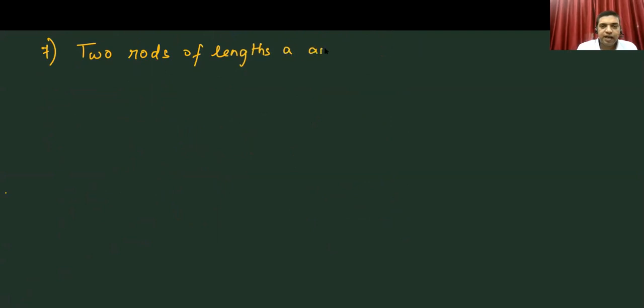So this was sixth. Now, seventh problem. This is again in the assignment that I'll give you, but this is a very interesting problem. I want you to try this. Two rods, problem number 7981. Two rods of length a and b slide along